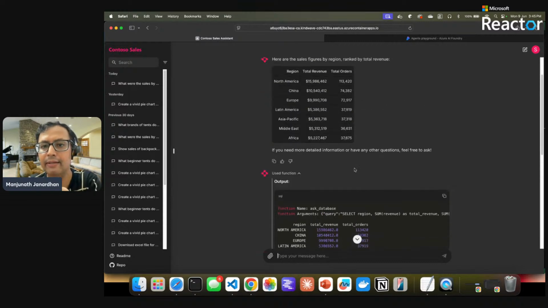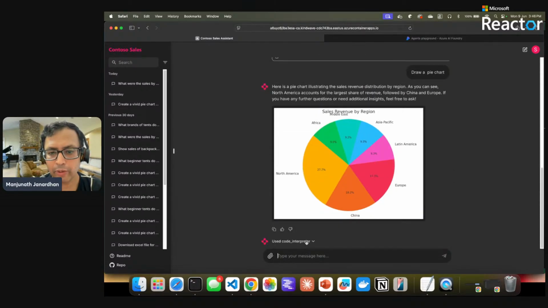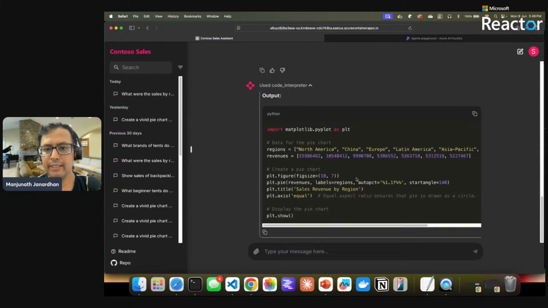Same thing. This data, since the context is the same thread. Remember, all this is in the same thread. The thread holds all the required details. It went in. It calculated. How did it do it? It created a code. Let's see what code it has written. See, it has written a code. This is Python code. Let me increase the screen if you are not able to see. See, it has written a code